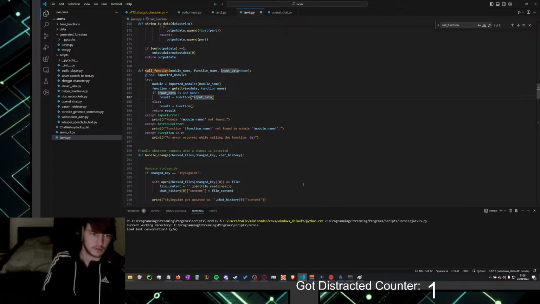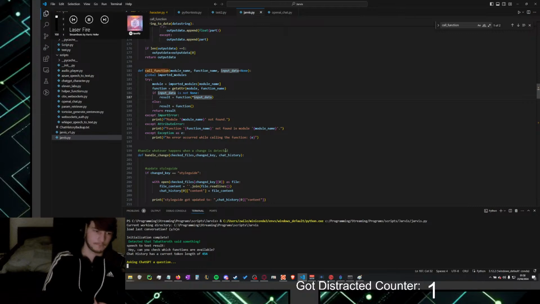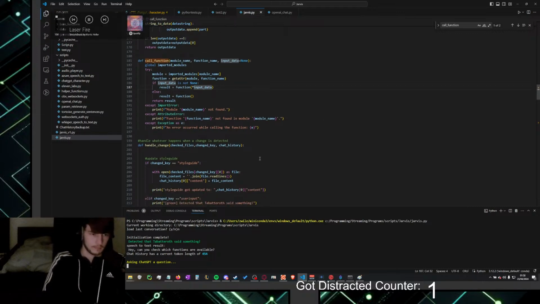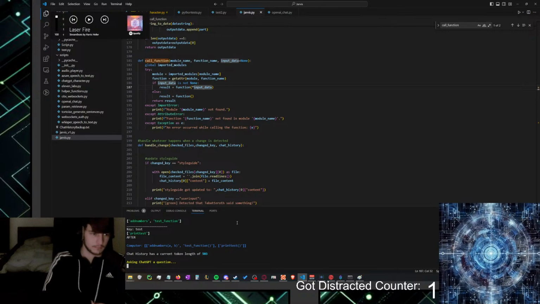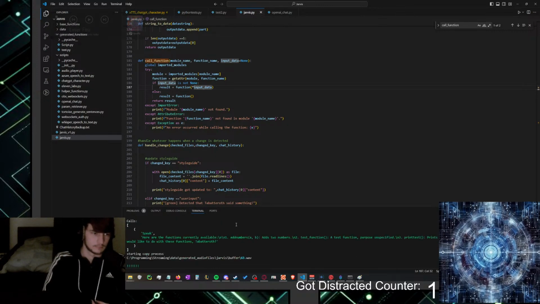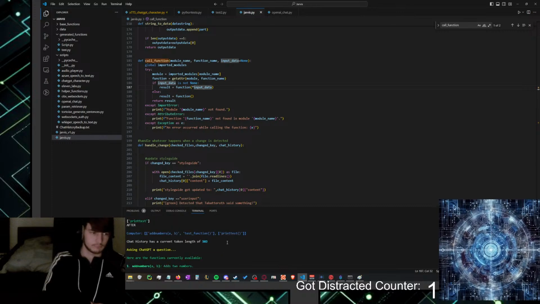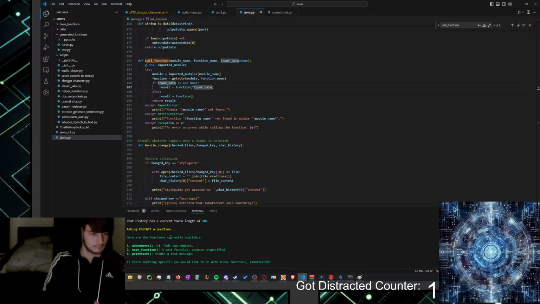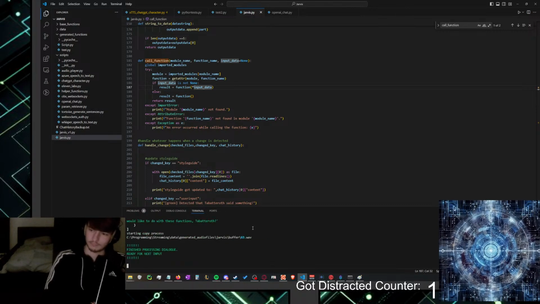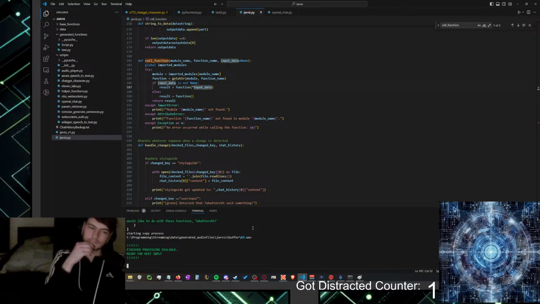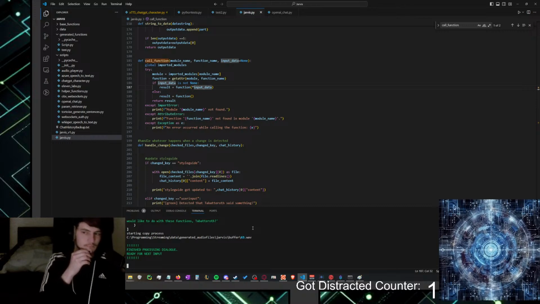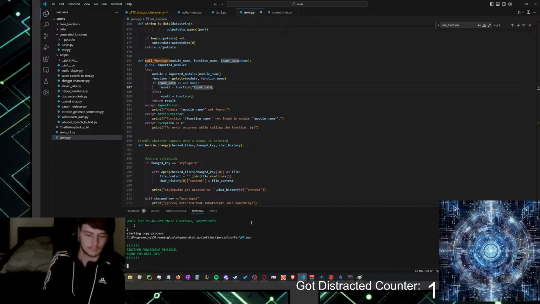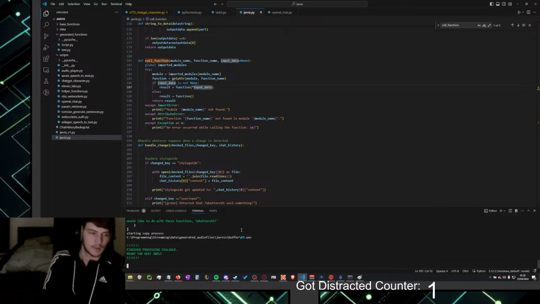Hey, can you check which functions are available? Certainly, Tabataroth. I will check the available functions now. Here are the functions currently available. 1. add_numbers(a, b): adds 2 numbers. 2. test_function: a test function, purpose unspecified. 3. printist: prints a test message. Is there anything specific you would like to do with these functions, Tabataroth? Can you use the add numbers function to add the numbers 8 and 5 together?